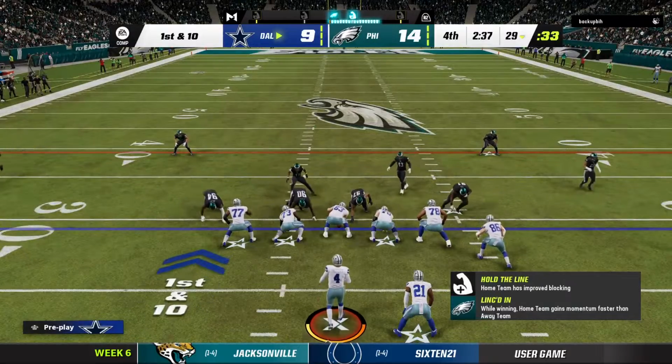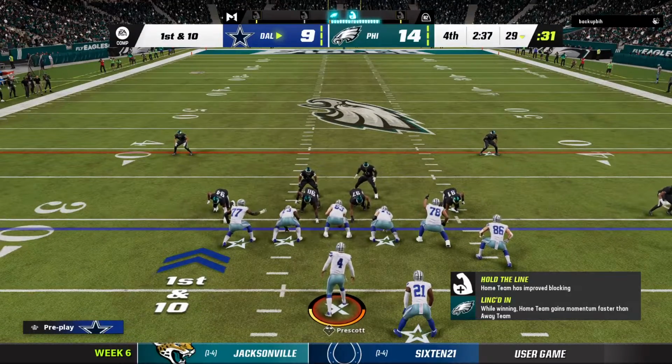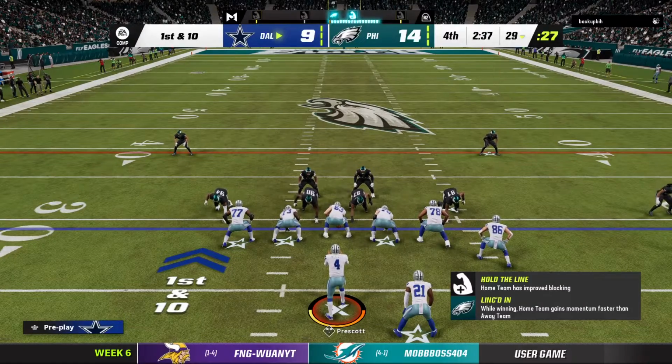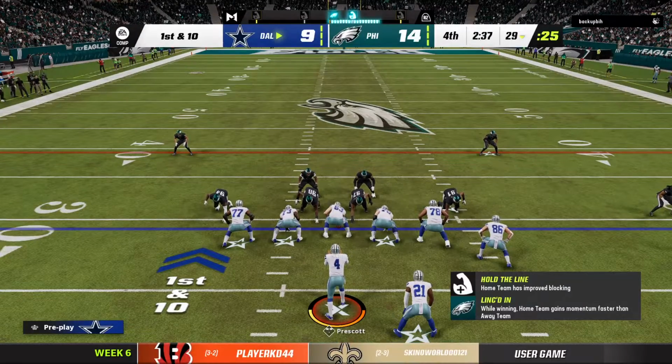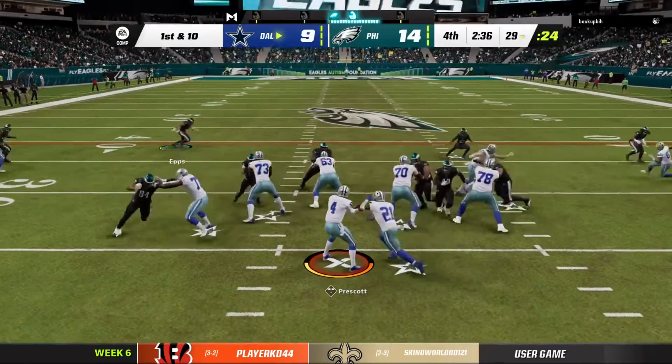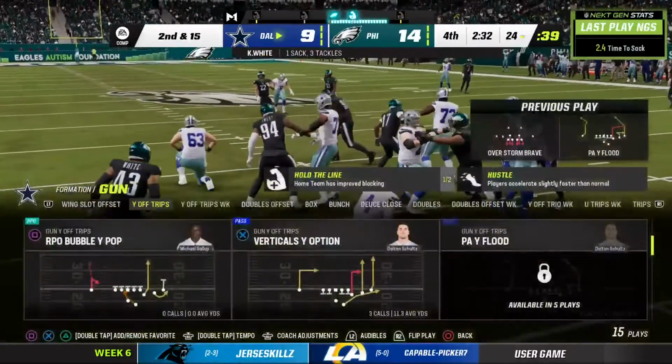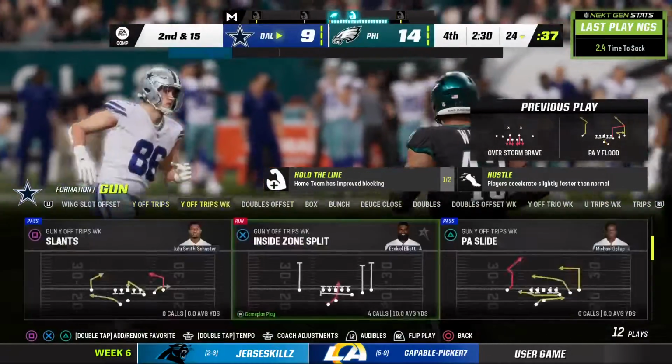About set for this next drive by the Cowboys offense. Their defense accomplished step 1 of the mission. They forced the punt. Now they'll look to erase that deficit and take a 4th quarter lead. And he's going to be brought down here in the backfield. Kaiser White, the former